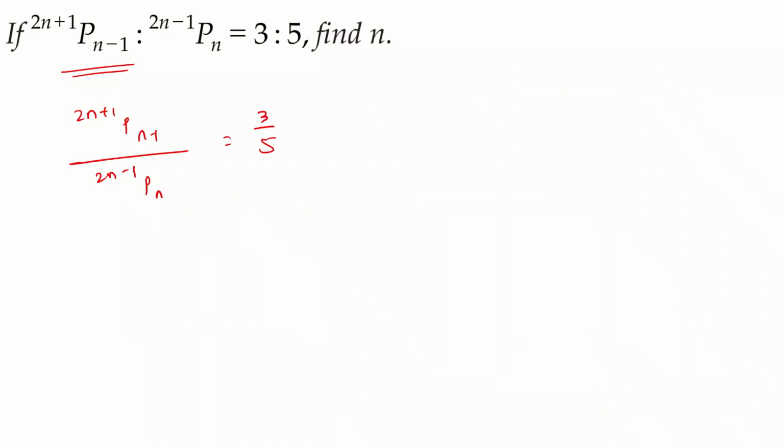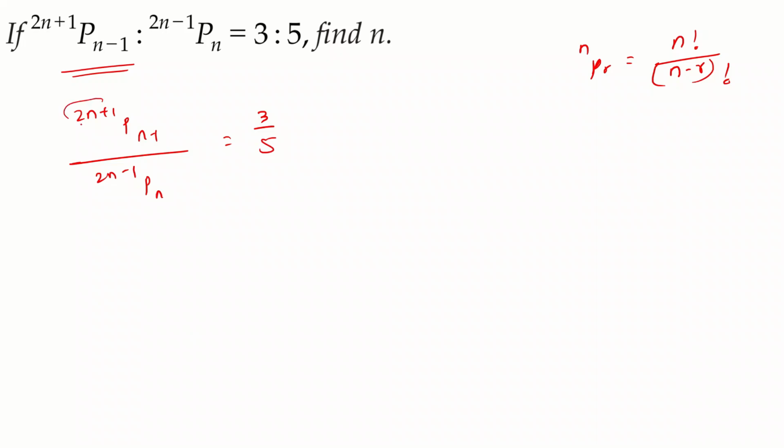Now there is one more way of expanding nPr. Remember from the previous video, you can write nPr as n factorial by (n minus r) factorial. So there are two ways of thinking about it. One is of course starting with n, keep on subtracting 1, and write it down r times, meaning r steps, and then nPr is also equal to n factorial divided by (n minus r) factorial. For proofs, please visit the previous videos. Okay, so we use this formula now.